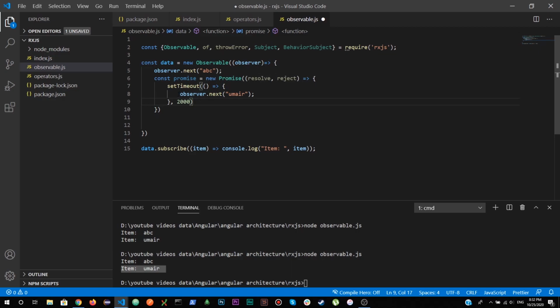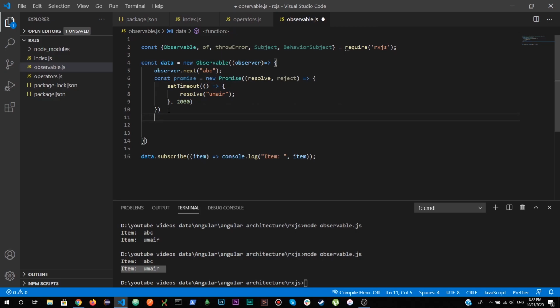So I'm going to paste this thing inside it, and rather than adding this observer, I'm going to add resolve, and I'm going to send my name, right? So this is the reference of this promise. I have another video about promises, async await operators, callbacks, and you can just check out my channel, search for promises in JavaScript by Awais Mirza, and you will get to that video. It's so simple, and you will get the idea how promises work if you don't have any idea.